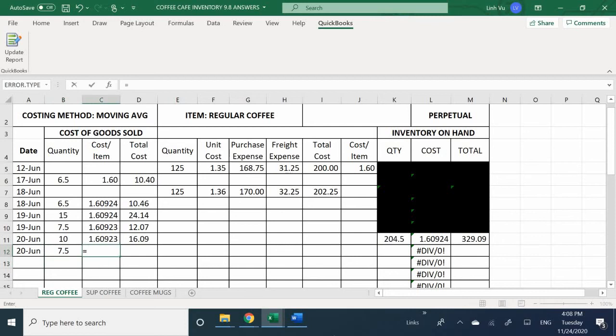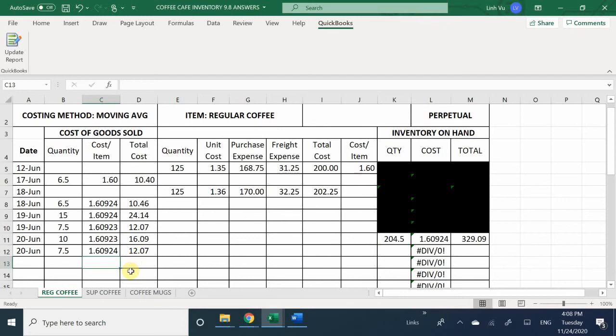This is a moving average, so it's going to be this one. I think it's 1.60922420, or 1.61, equaling